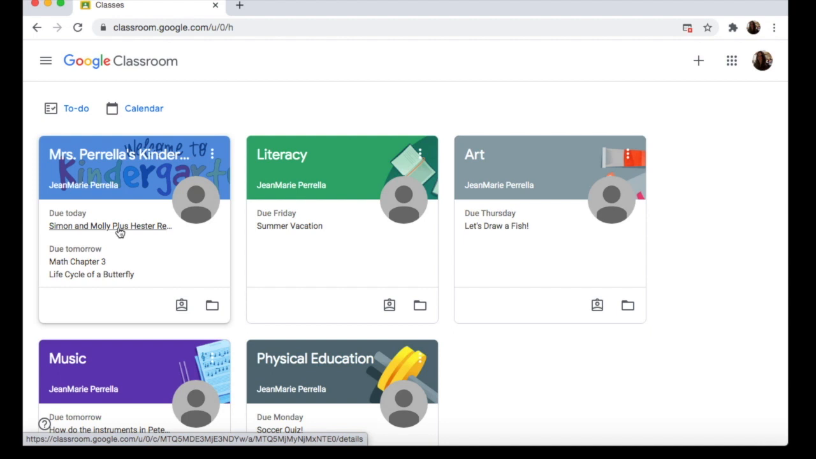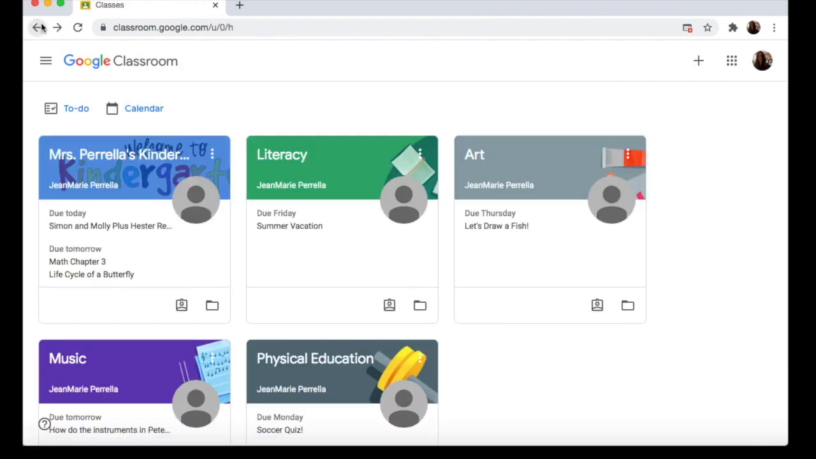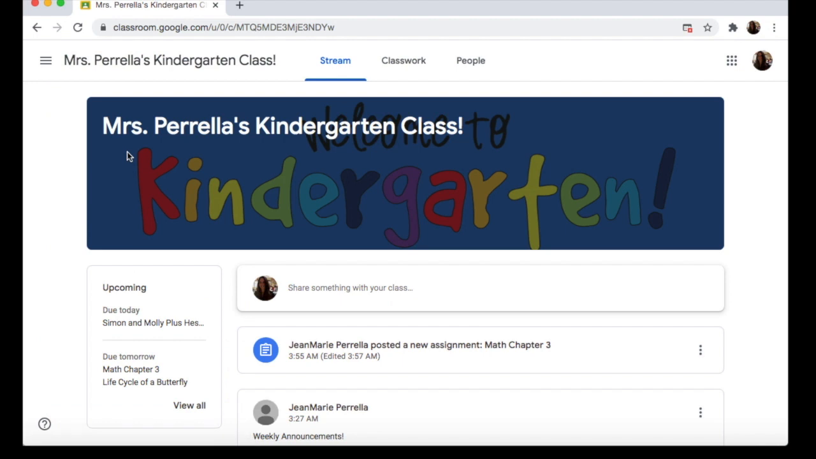Again, I can access my work by clicking directly on the assignment from my main page. But I can also find my assignments in another area, so let's go take a look. I'm going to click on my class to enter. And you can see here that on the left-hand side, it is telling me which assignments are upcoming this week. If I click on View All,